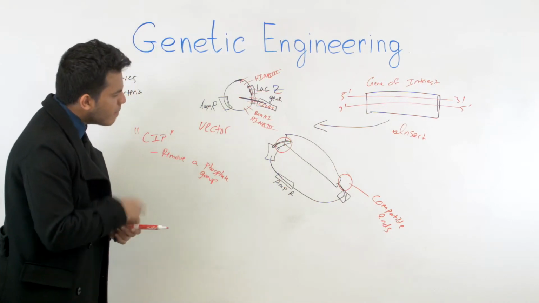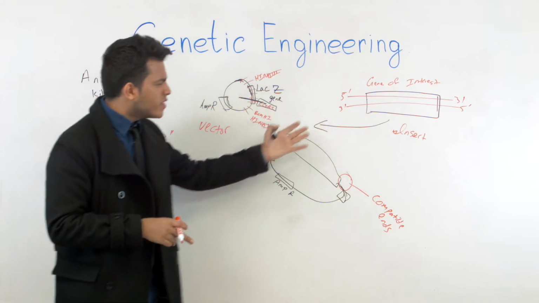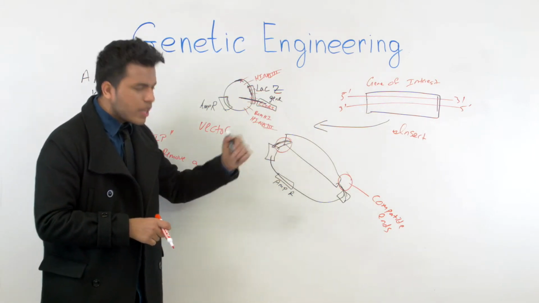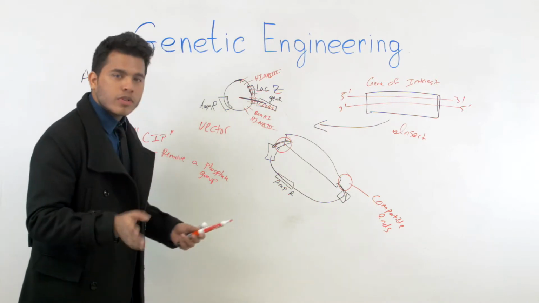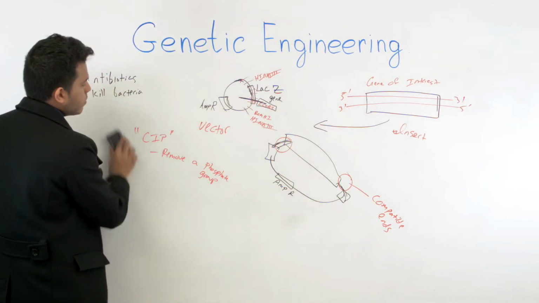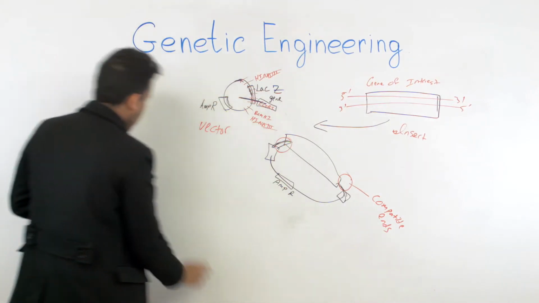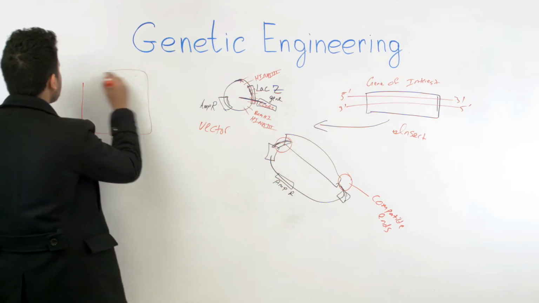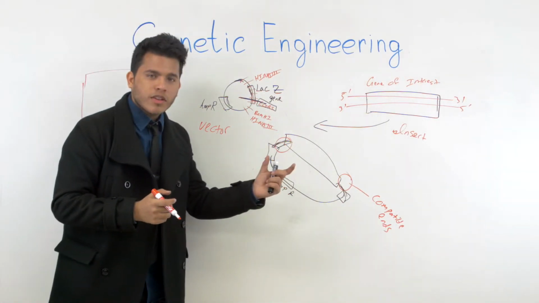And you might say, hey man, how do you know that the gene of interest has gotten in here? Very interesting. Well, there are several ways of knowing. The first way really is to run a gel electrophoresis test. You want to run a gel chamber, a gel box, and once you have your plasmid,